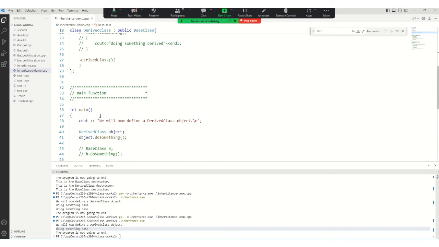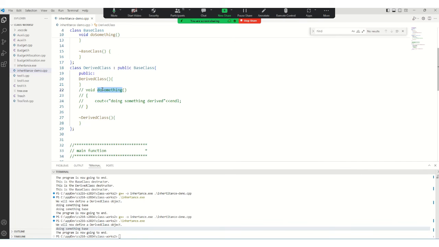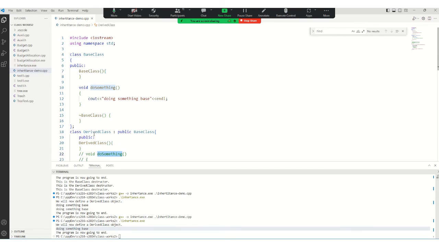But instead of doing that, you may decide to define the derived class's own function here with exactly the same signature. So this is not function overloading. This is something called function overriding. And this gives you the clue to polymorphism. So you see here that there is a base class, there is a derived class, and there is an inheritance taking place, but